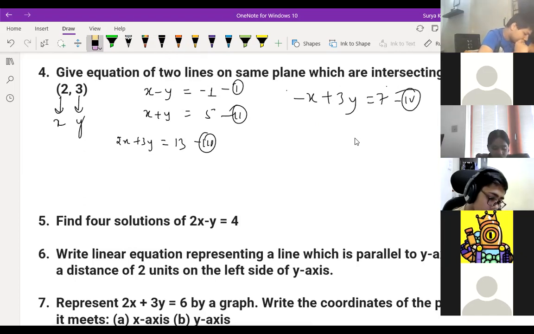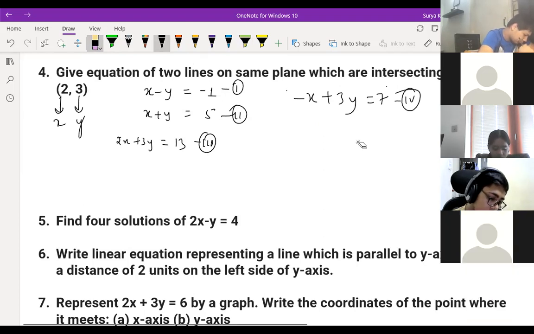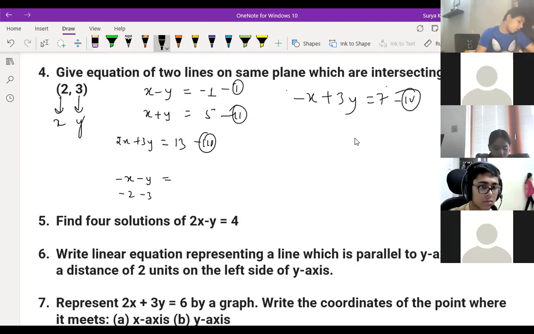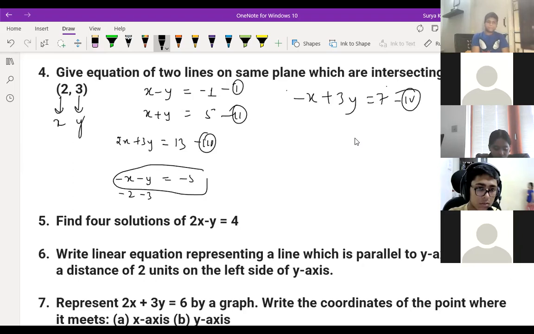If you're not understanding, tell me, I'll tell once again. It is a bit hard for me. What is hard? You can take any example, Ashini. See, minus x minus y is equal to, put the value. What is coming, put that. Simple. x is equal to minus 2, y minus 3, so minus 5. This will become one more equation. What is hard in this, Ashini?